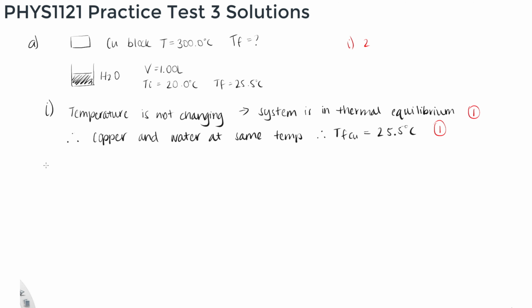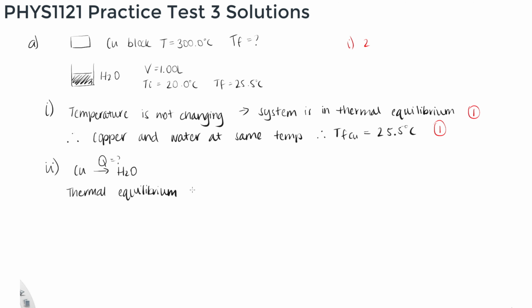Now for part II, the question is asking us how much heat does the copper block transfer to the water. So if this is our copper block, we're transferring heat to the water. We give heat the symbol Q, and that's what we're trying to work out. Now, we know that the system's in thermal equilibrium,